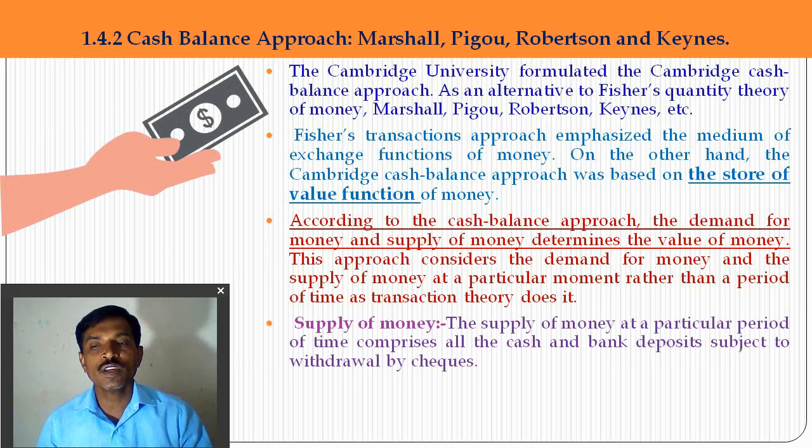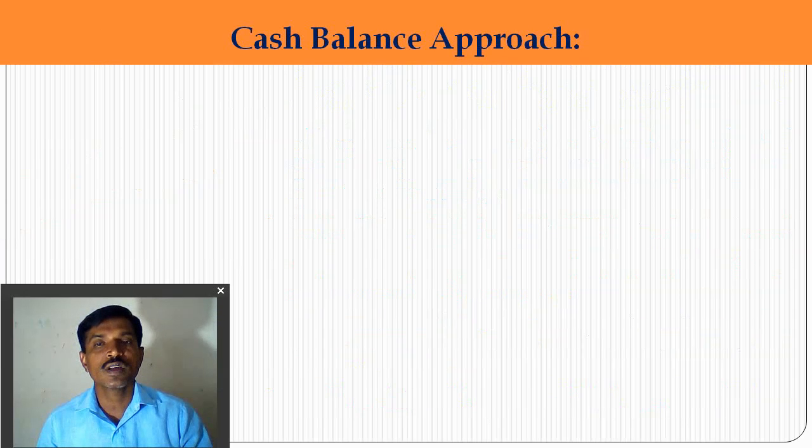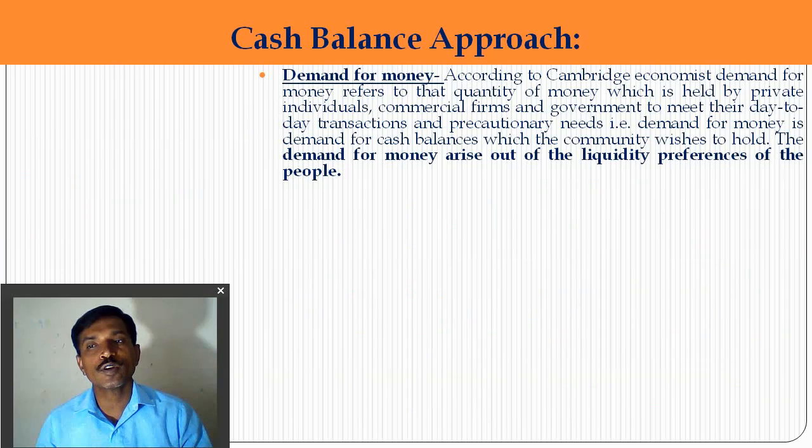Supply of money at a particular point in time comprises all the cash and the bank deposits subject to withdrawal by cheque. Demand for money according to Fisher's equation is P multiplied by T, meaning price level multiplied by the total volume of goods and services transactions. So money is demanded by people to buy goods and services. Demand for money according to Cambridge economists is the quantity of money held by private individuals,